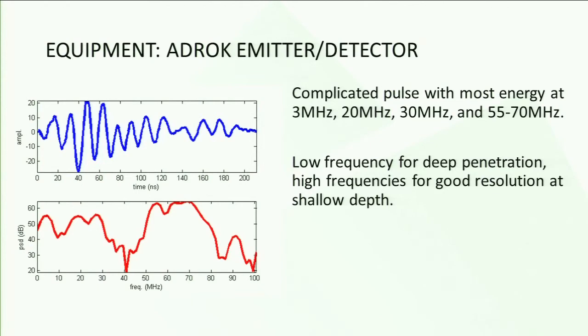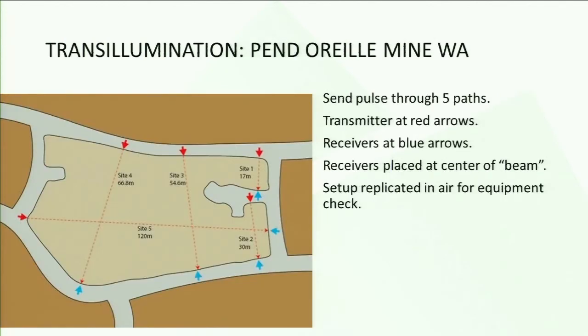So this pulse will travel from right to left through air and goes in the rock and then comes out on the other side. Here's the experimental site, or rather a sketch of it. All the gray stuff are tunnels and everything else is limestone. This is about 600 meters underground in Van Rey mine in Washington. And we sent the pulse through